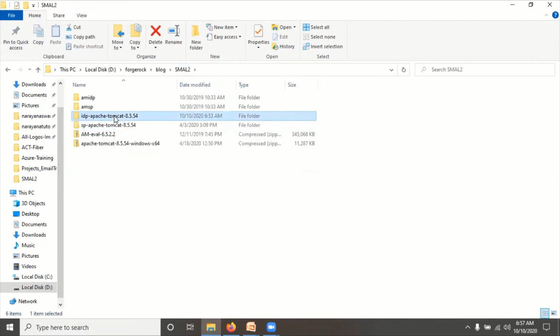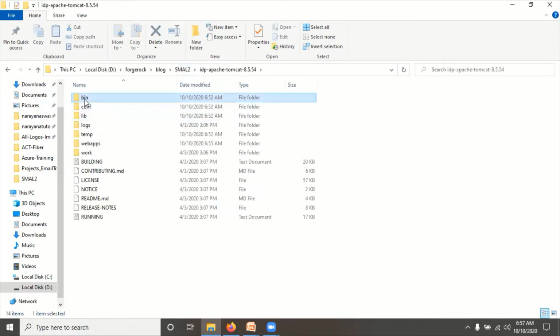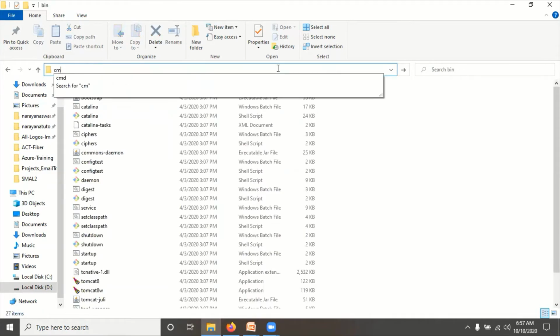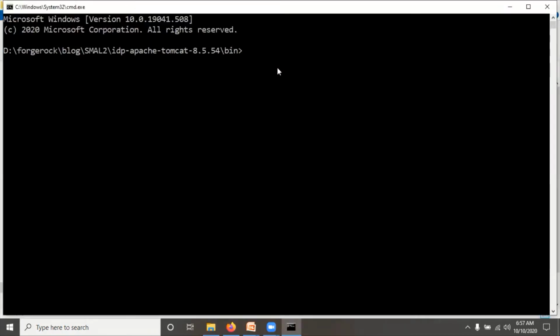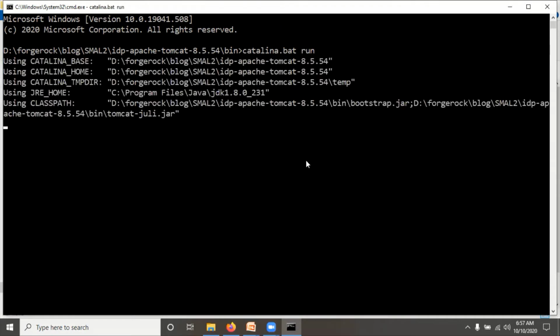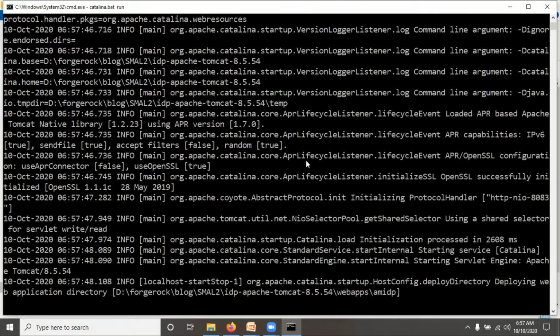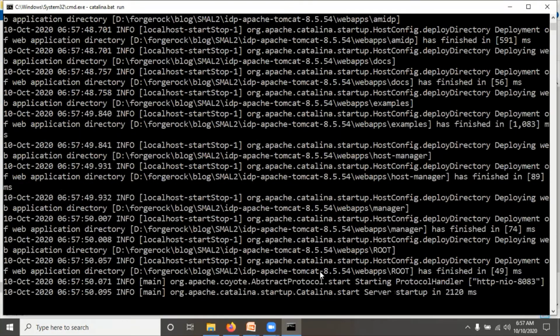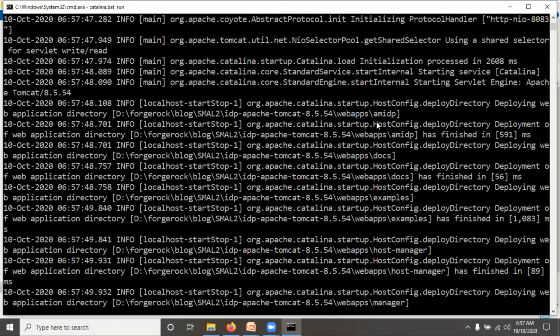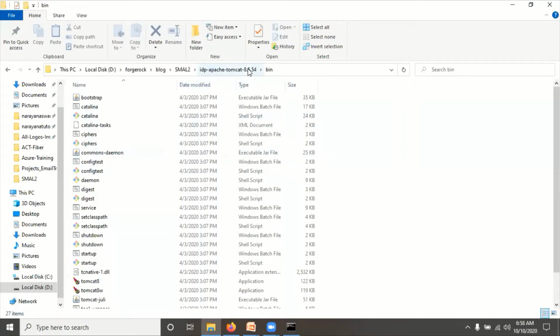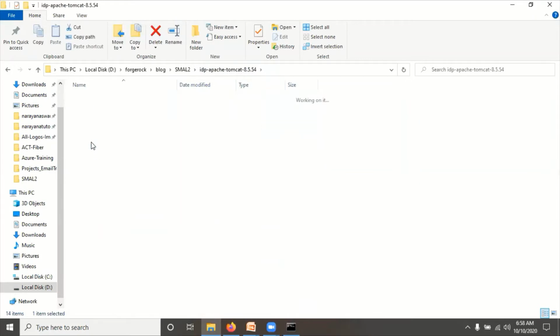Then we have to install OpenAM. Go to IDP, go to the bin folder, type cmd, and start with catalina run. It's AMIDP. Just a second, what is this AMIDP?